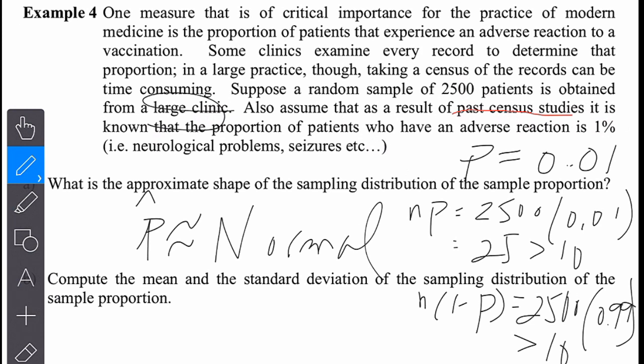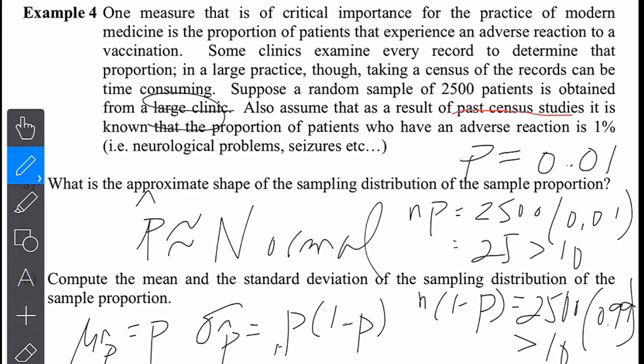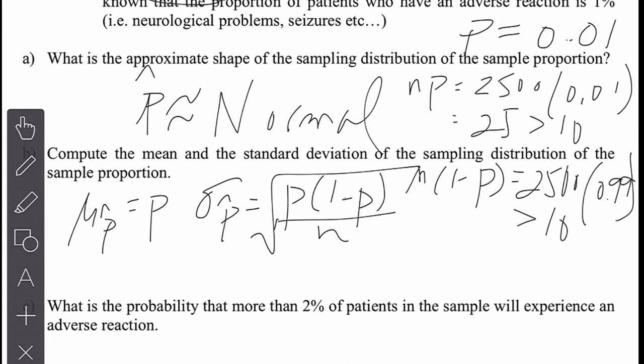We know from formula number 2 that the mean is p, and the standard deviation is the square root of p times 1 minus p over n. So you have to calculate those. I'm just using the results from SDS. So that means this is going to be 1. Very small, and then